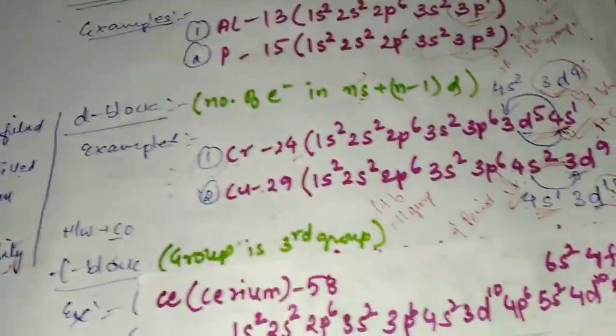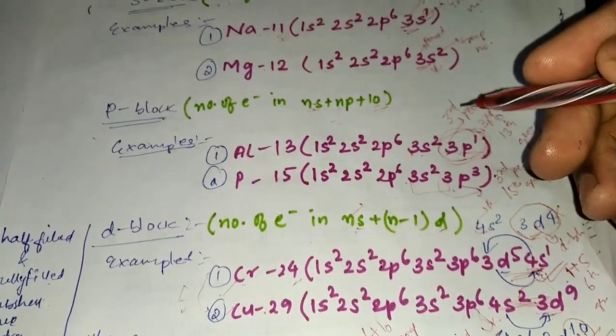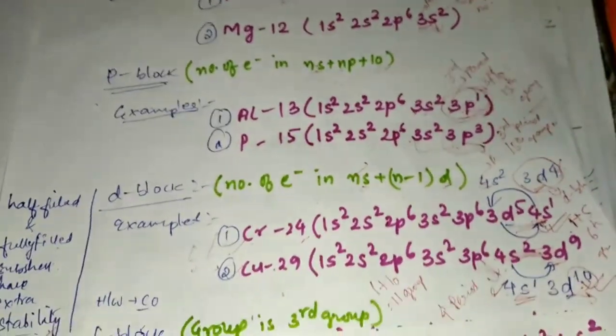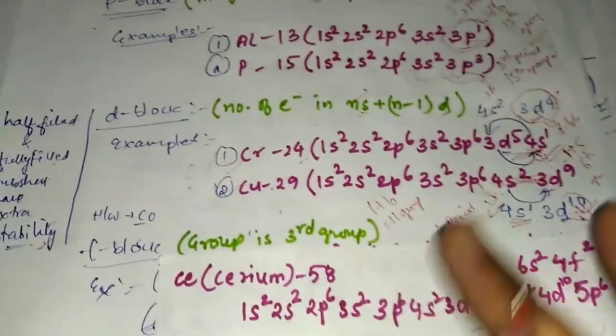Okay students, I hope you understood till here with the S block, P block and D block. If you still didn't understand the period number and group number, you can comment in the comment section. I will explain again in the next video. Okay everyone, so till now we have done the 3 blocks.